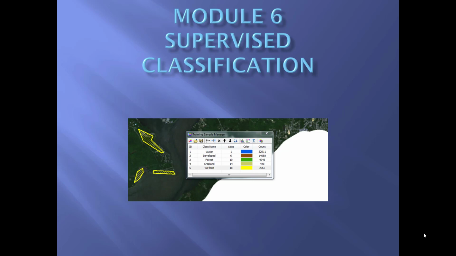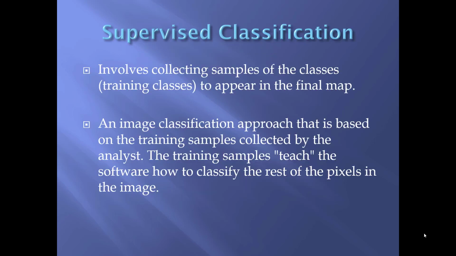in the Landsat image. So supervised classification is a process that involves collecting samples of the classes that will appear in your final map. These are also called training classes. An image classification approach that is based on the training samples collected by the analyst is one way to define this. And so in essence, the training samples are teaching the software how to classify the rest of the pixels